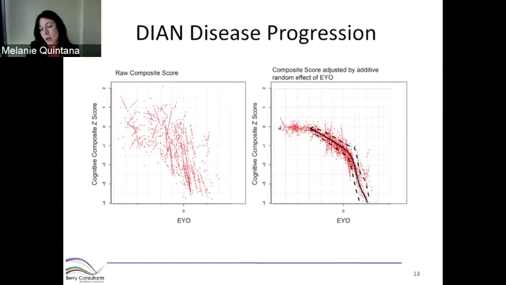So we get a much cleaner picture of progression when we do that, and then we can estimate on average how individuals will progress over time as a function of their expected years to onset. We can also estimate the variability around this. We can estimate the variability of these random effects on each of the y-axis and the x-axis, and we can have good summaries for all of these things. So the key question then is,